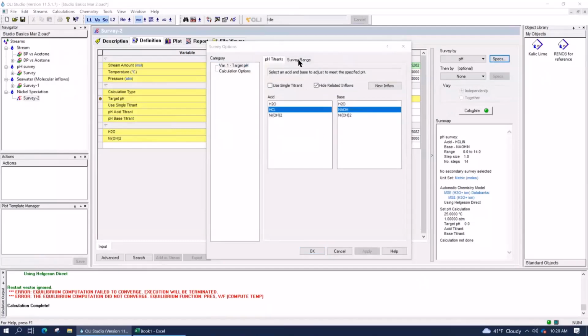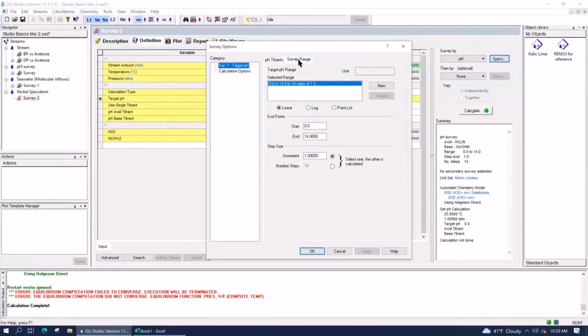And what we're going to do now is go to the survey range. We're going to set the start at, let's say, pH 2. I don't think we have to go down to 0. We're going to end at 14, but we're going to go by 0.25 increments.